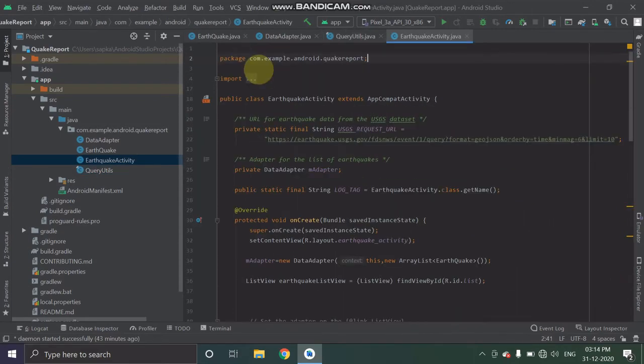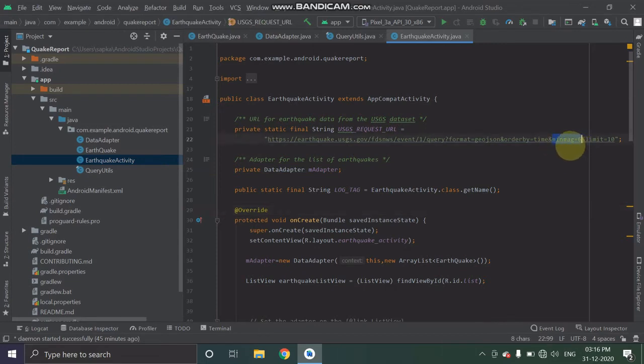Last but not the least, the quick activity.java. This class will be automatically generated by the Android Studio. In the onCreate method, the execution starts. You can see a global variable which is a private static final string variable, and this is the request URL which will be accessed and return the earthquake data. Here you can see we have set the minmax equal to 6.